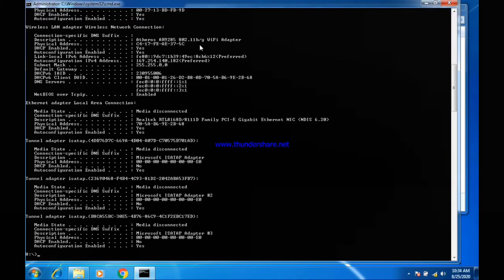This is the physical address of all the network adapters, your Bluetooth adapter, your Ethernet adapter, your wireless LAN adapter, and IP. Presently what IP am I using? I am using this IP 169 because my PC is connected with wireless LAN. So this is my IP 169.254.140.182.